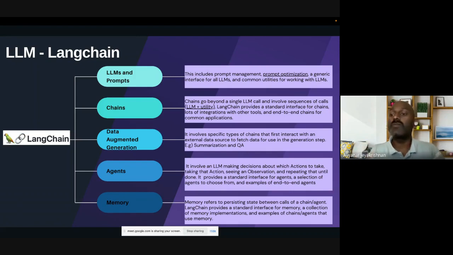Then chains: you can use multiple models based on your use cases, and you can interact with external data sources. You can connect with your database also. You can connect with your vector database like Elasticsearch, or you can use Pinecone, where you have your own data, and build an application on top of it. And then memory is very important, because if you're building a chat application,